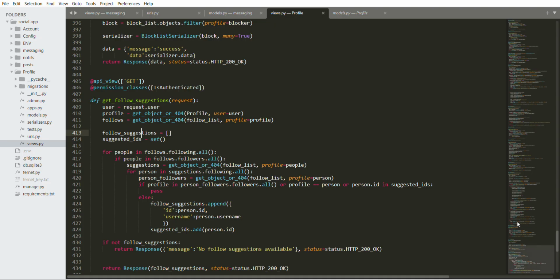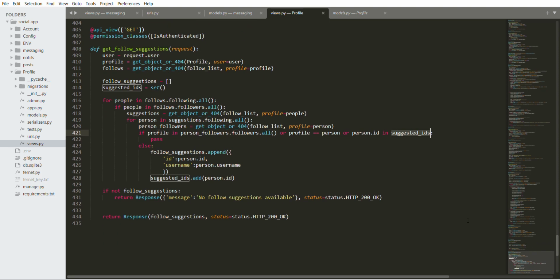But if you pass these three, that means you do not meet any of these three requirements, then add the person to the follow suggestion. And then obviously we add the person's ID to suggested ID so that we can use it for our check here. So if follow suggestion is empty, we return no follow suggestions available. But if it is not empty, then we return response follow suggestions. So those are the new views that we've added.